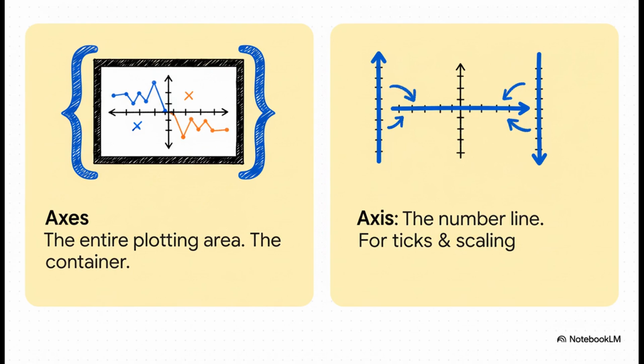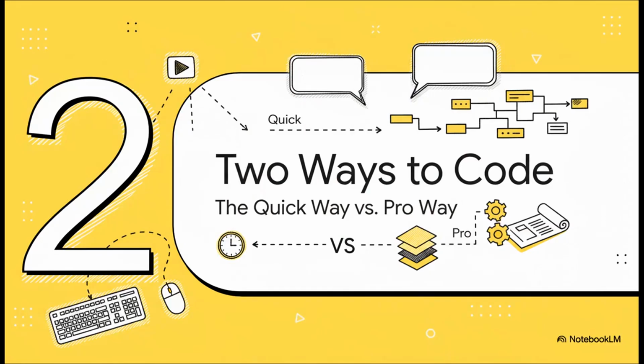You want to set a title? You tell the axes. You want to change the tick marks? You tell the axis. All right, so now we know what all the pieces are called. Figure, axes, artists. Got it. But how do we actually talk to them in our code? Well, that brings us to the next layer of Matplotlib's design, the fact that there are two totally different ways